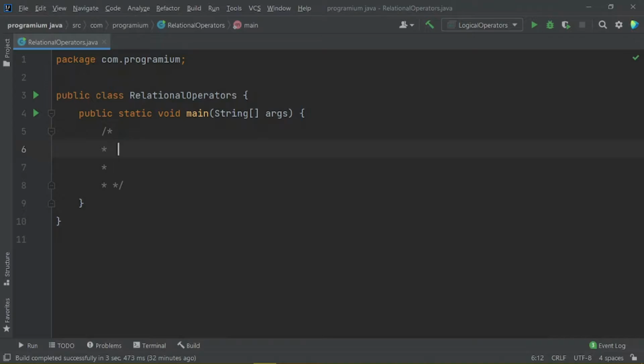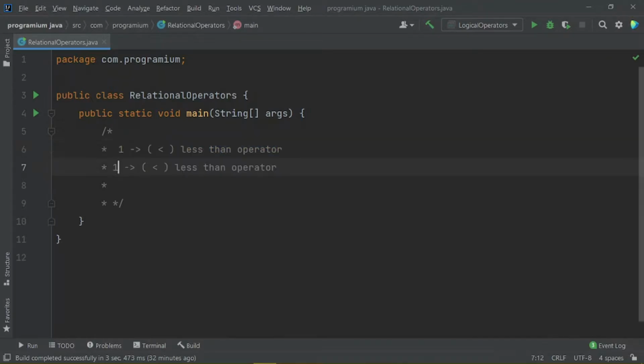So let me quickly tell you what kind of relational operators there are. One relational operator is known as the less than operator. Let me duplicate this. And the other one is the greater than operator.